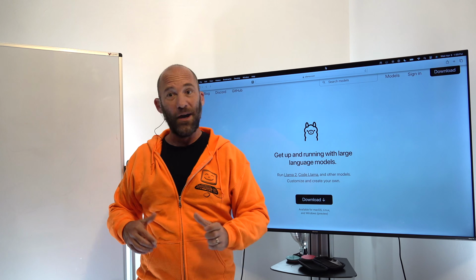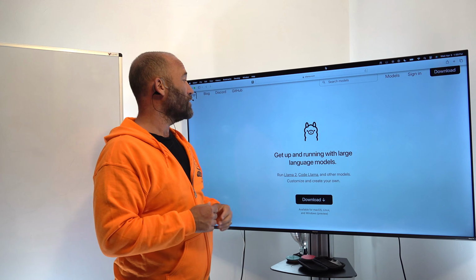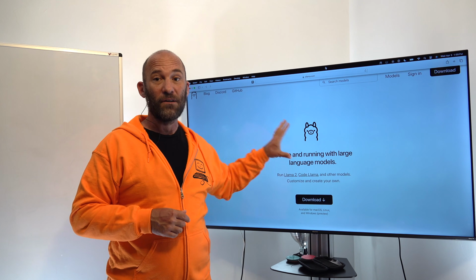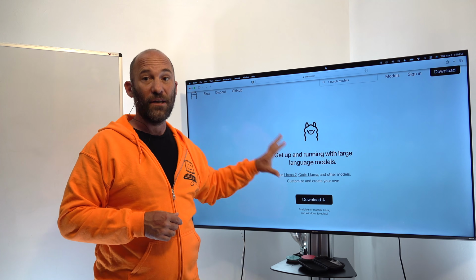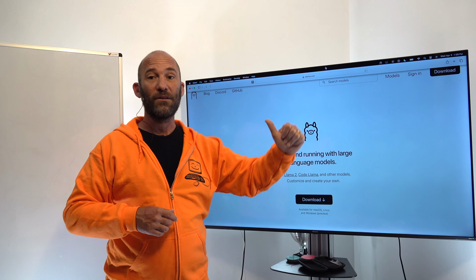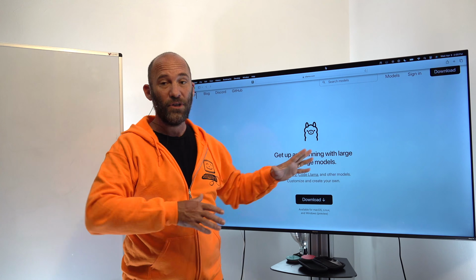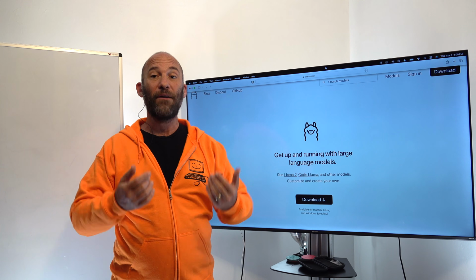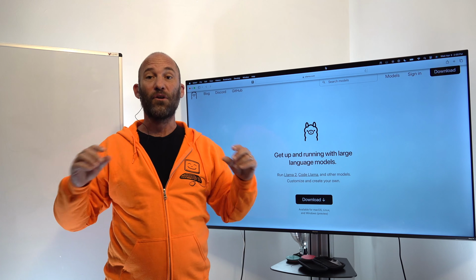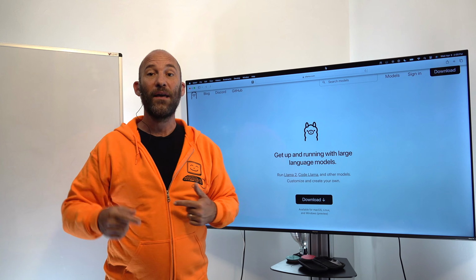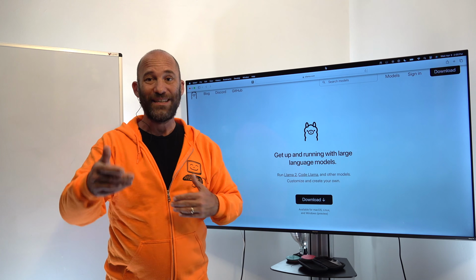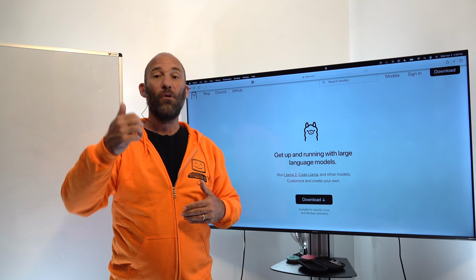If you don't know about Ollama, Ollama's cool. We just did a class on Ollama. It's a framework that allows us to run large language models on our local machine. We're going to use Ollama to download multiple different large language models onto our local machine. Then we'll have a Python script where we plug in our request, our query, and it's going to do a loop and go to whatever language models we tell it to go to,